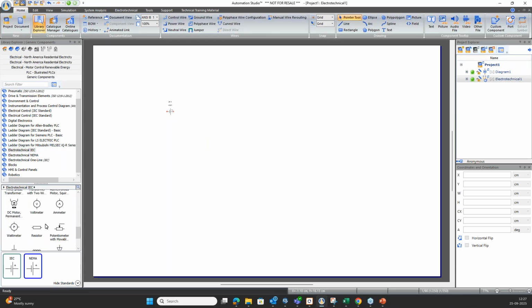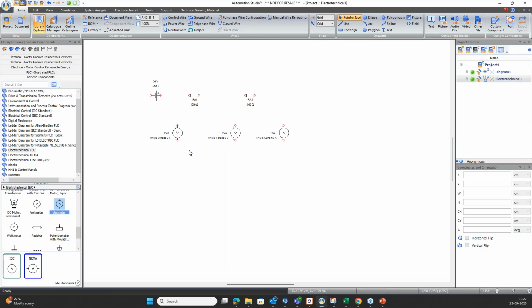So you can see these many options are available. Like I want a resistor, then I want another resistor to be attached in series. Then I want one voltmeter to check the voltage across the resistor. And also I will be needing one ammeter as well. So once this is done,